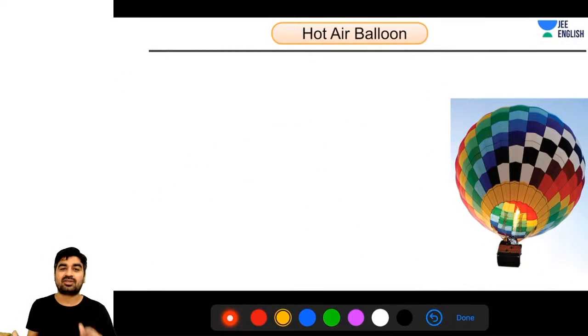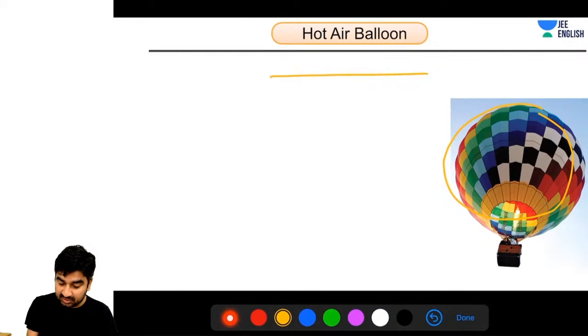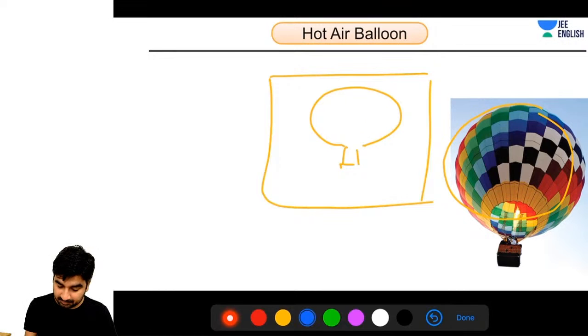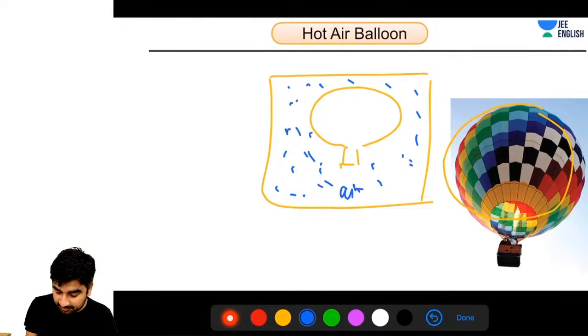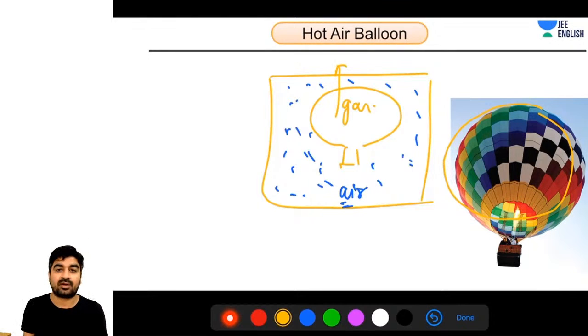Any doubt, guys? Now there is a question, why does this hot air balloon fly? Now let me tell you. You can consider that this hot air balloon is basically in air. Instead of water it is surrounded by air. So here we have air, and inside it, here we have gas. And again, if you want this balloon to fly upward, the density of gas should be less than air. Instead of water, now I am taking air here. And if you want it to fly, then the density of gas inside the balloon should be less, only then it will fly, otherwise it will not fly, right?